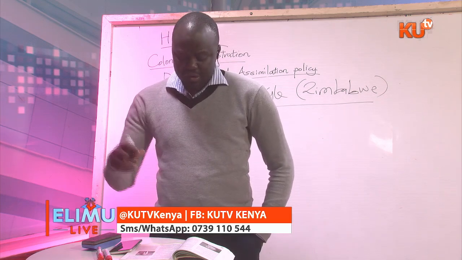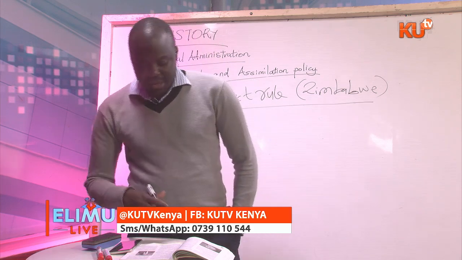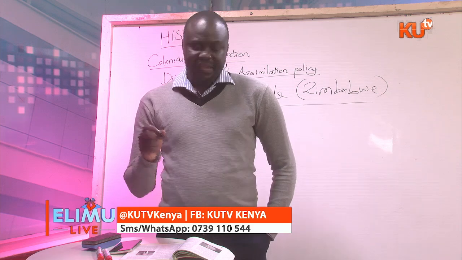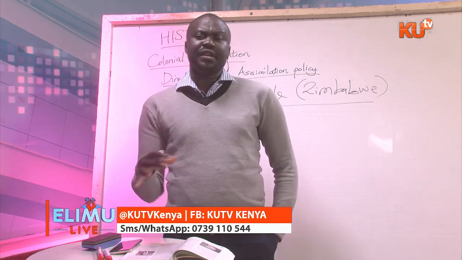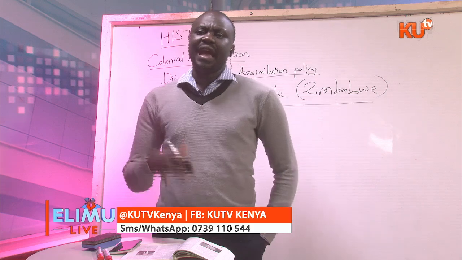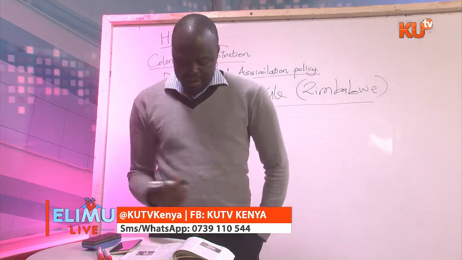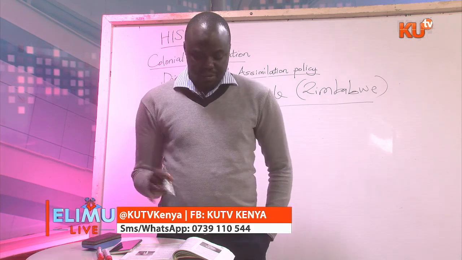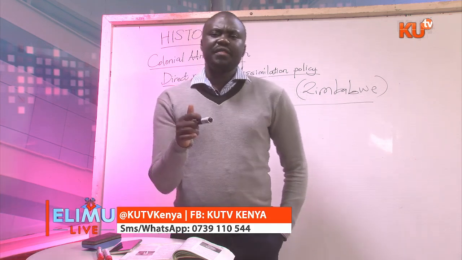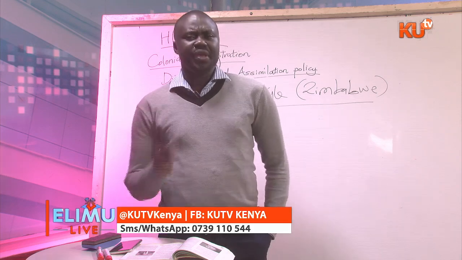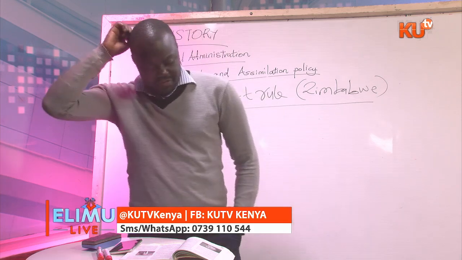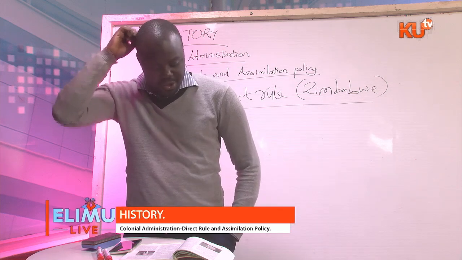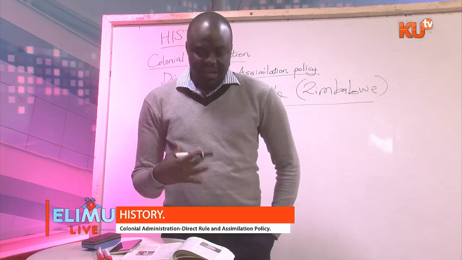Now, the white rule was strengthening itself in Southern Rhodesia, and at this time, there was a contest over land between the settlers and the British South Africa Company. The settlers wanted to control most of the land. In an attempt to satisfy these settlers, the company gave in, and it did so by giving these white settlers more positions in the Southern Rhodesian government. Now, these settlers took advantage of this, especially their political influence, to ensure that they attained a considerable degree